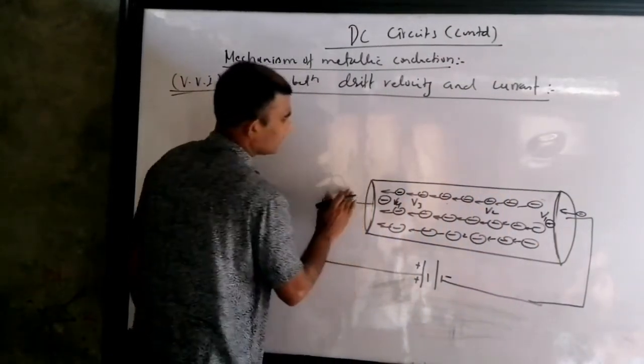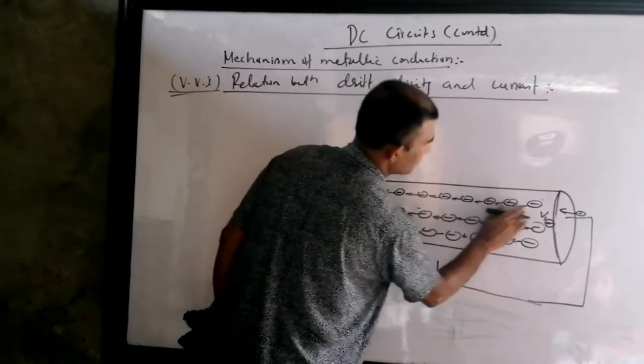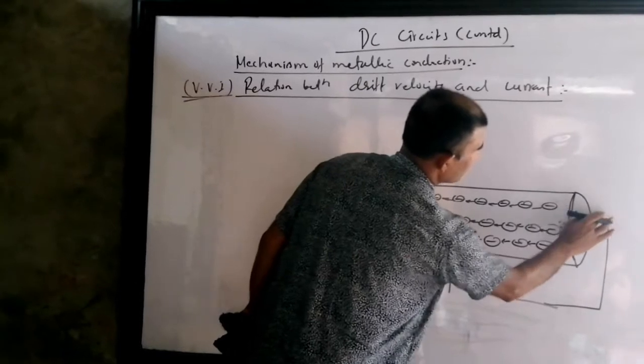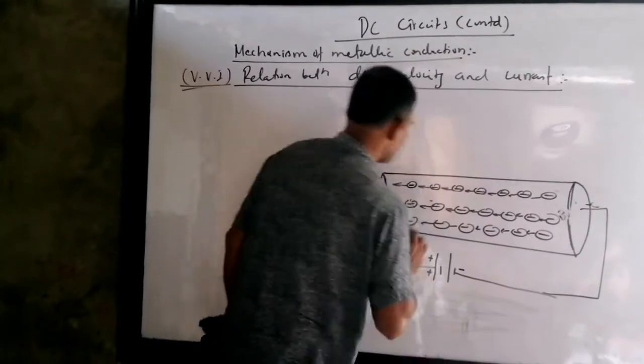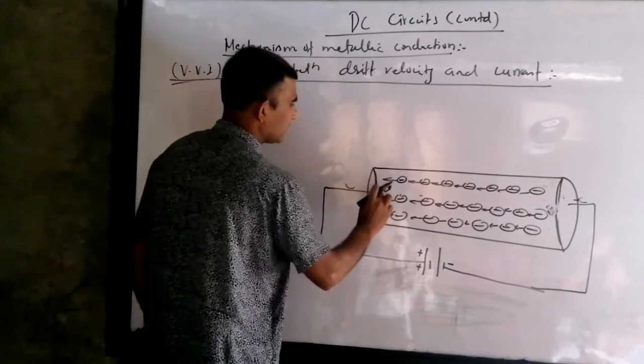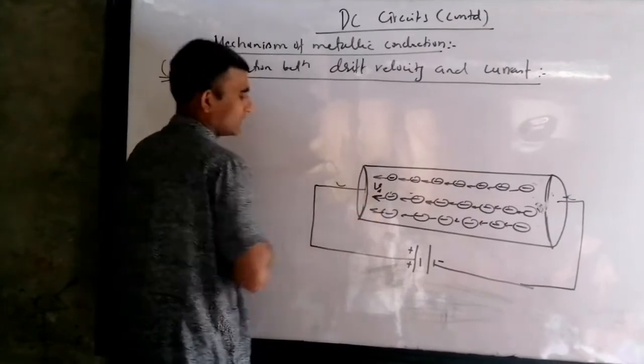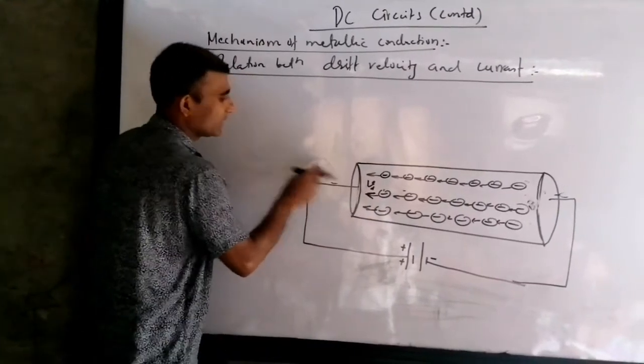So let me write, because I am going to derive the relation also. This v1, v2, v3 I do not need to write, and I also don't require this for the derivation. So this velocity, the drift velocity, I may write as v, and some people write vd to denote the drift velocity.